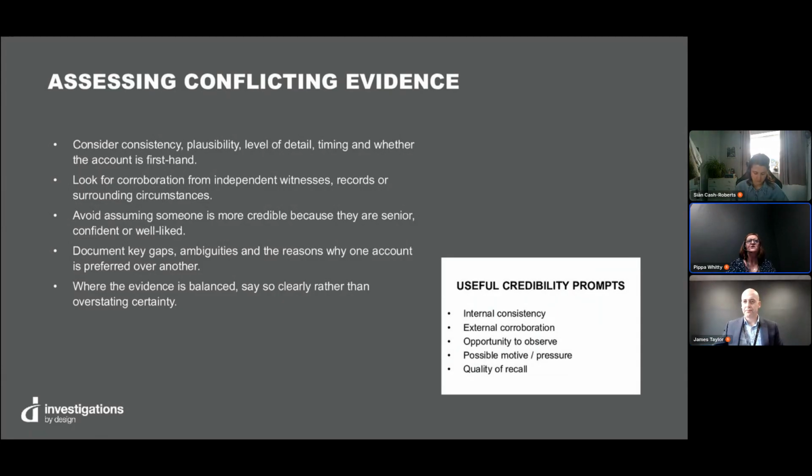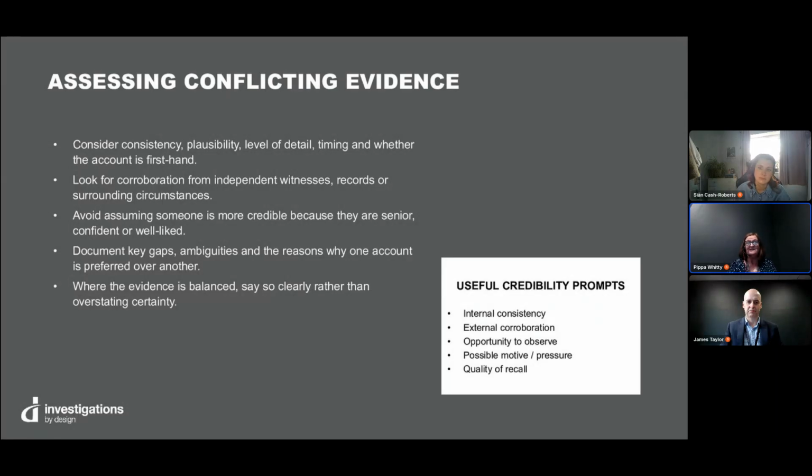So when weighing up the conflicting versions of events, start by looking at internal consistency. Does that person's account hold together logically? Are the details coherent every time they tell the story? You can interview someone and think, oh, okay, I believe them. I've got a gist of this. I know what's going on. But then you can interview another four witnesses and they state something completely different happened. So it's really important to take each part separately.